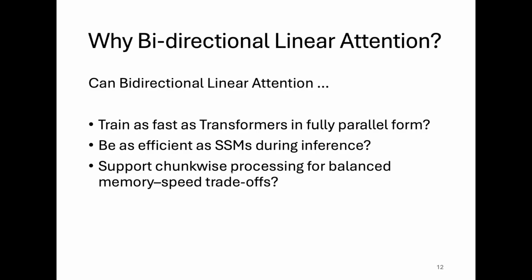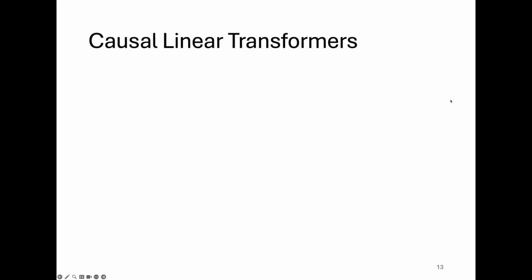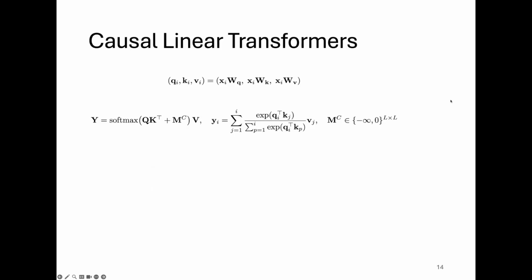Another third property is that you would like to have a chunk-wise parallel form, which means that you can have a trade-off between how parallel you want to be and how memory efficient you want to be. Basically you have a lever to choose which part of this spectrum you want to move to. So ideally, we want a bidirectional form of linear transformer that can support these three representations, similar to their causal forms. So let's now give a very quick recap on causal linear transformers, starting with